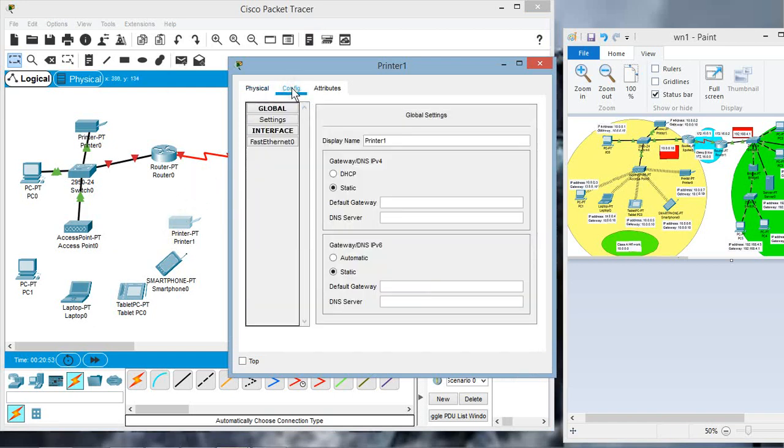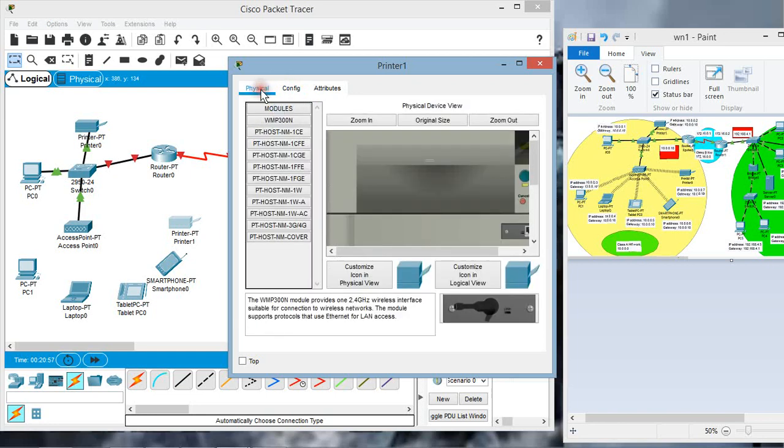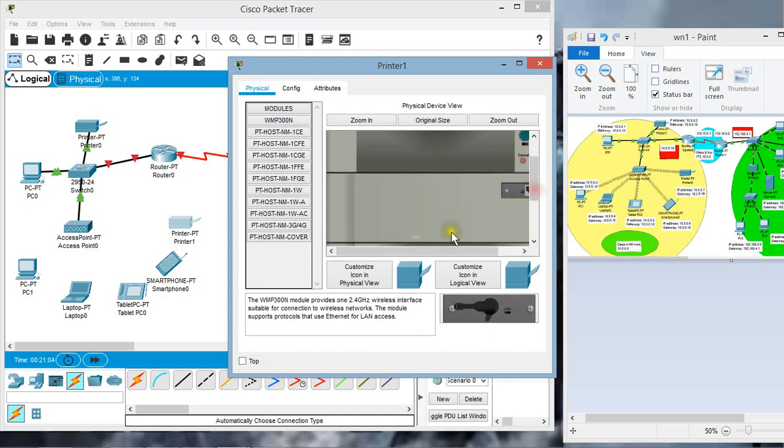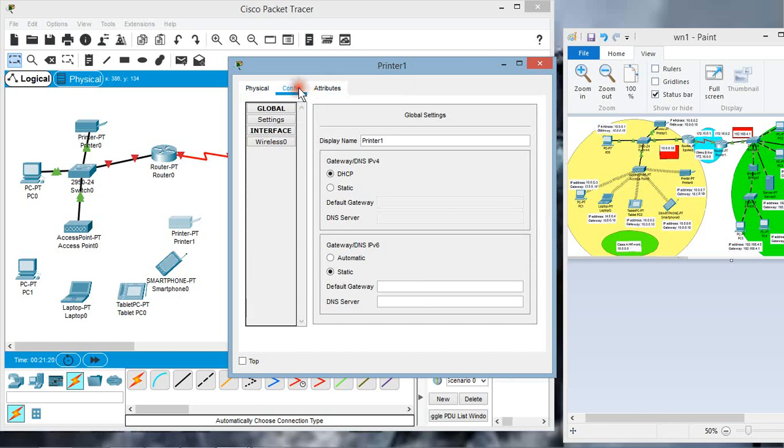In the config tab, I cannot see the wireless 0 interface here, so I'll click on physical, and then I will first of all switch off this printer, and now I will remove the wired interface from this printer and connect a wireless interface on this printer. After doing this, I'll switch on the printer.